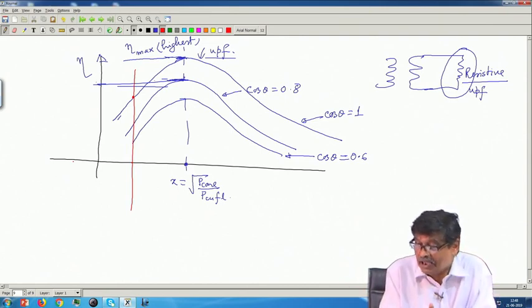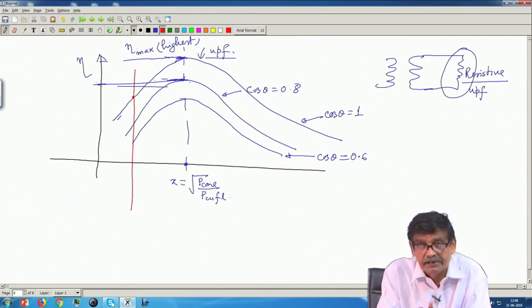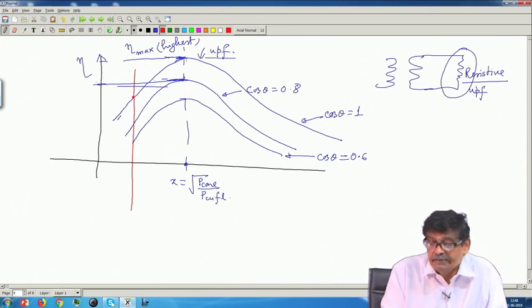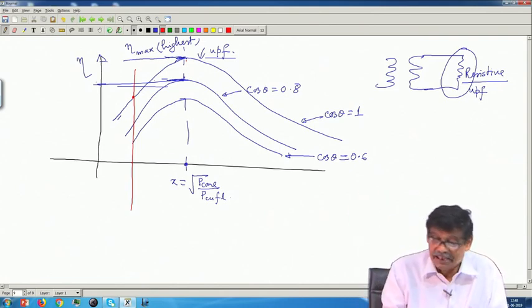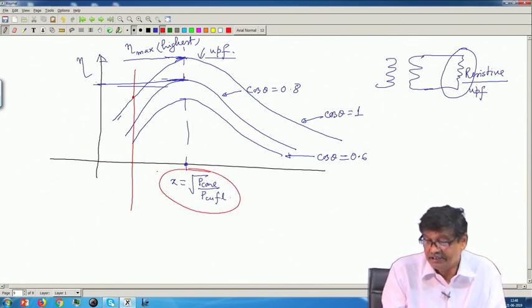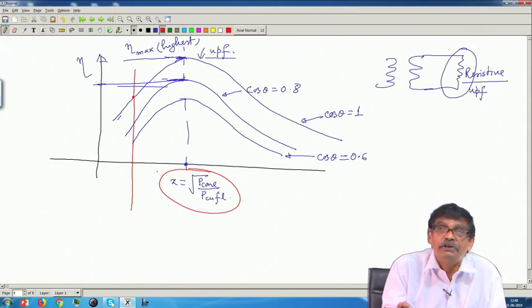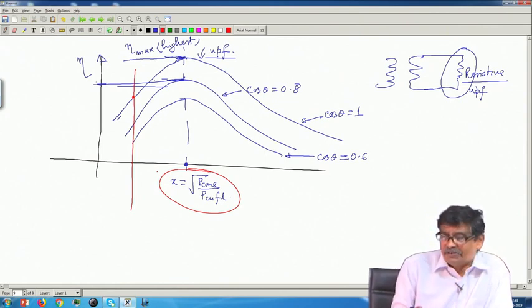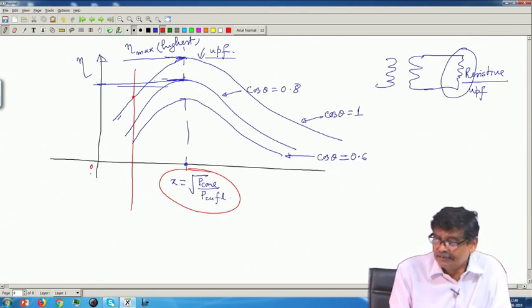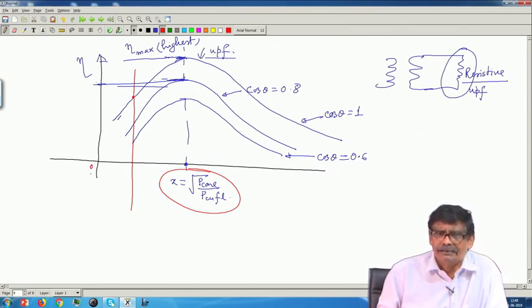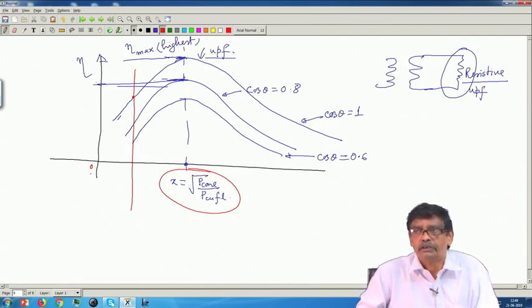At whatever kVA it is discharging, you will always get the highest efficiency with unity power factor load, and the highest most efficiency will be when the kVA is this much, at this kVA you are operating, and the unity power factor load it is. You must think about this, think yourself what I am telling. These are quite interesting. There is some logic in that, nothing out of nothing is being told to you.